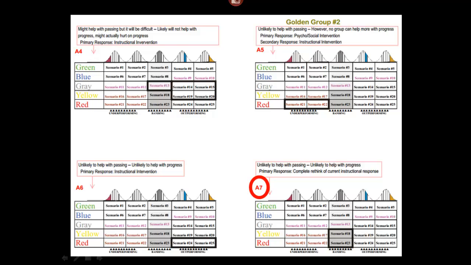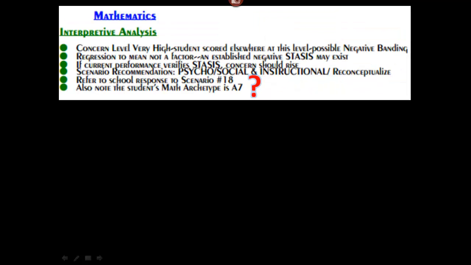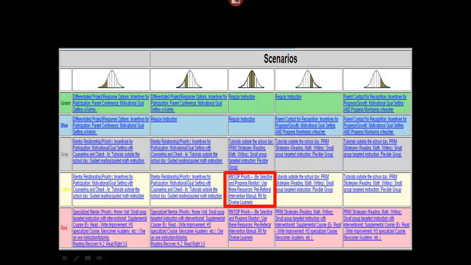So having reviewed this information, and now that we have a clearer picture, we see that this student is in scenario 18 and his archetype is A7, or archetype 7. Please keep in mind that students can be in one archetype in reading and a different one in math. So, being a scenario 18 student, which is also grouped with scenario 23 to form archetype 7, we see that this student